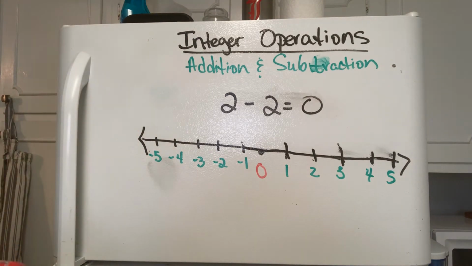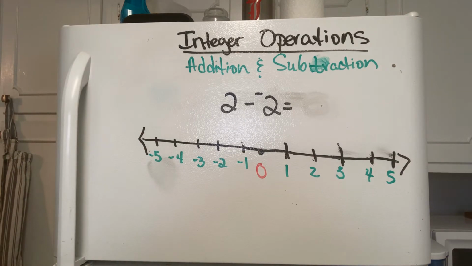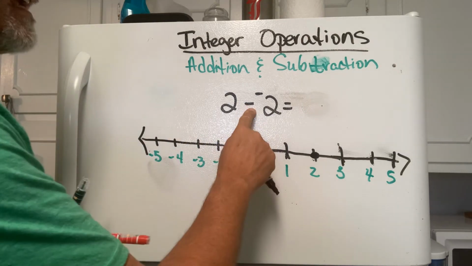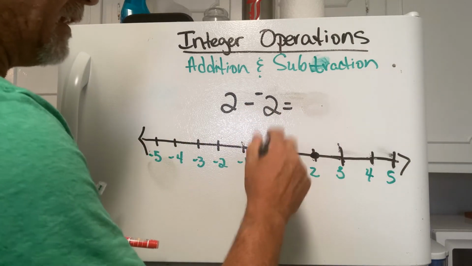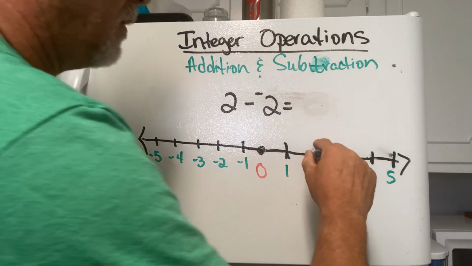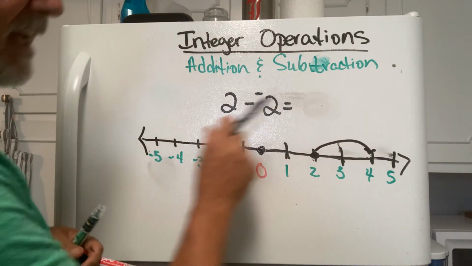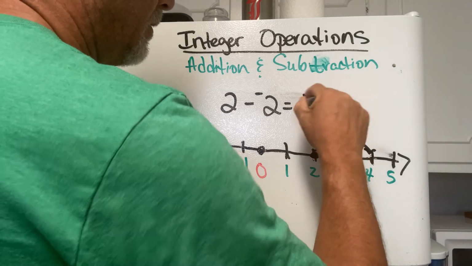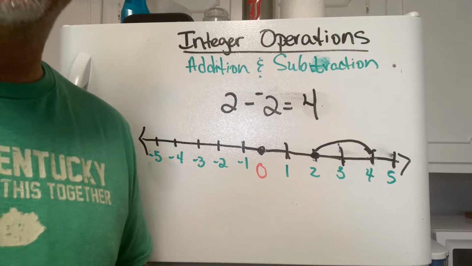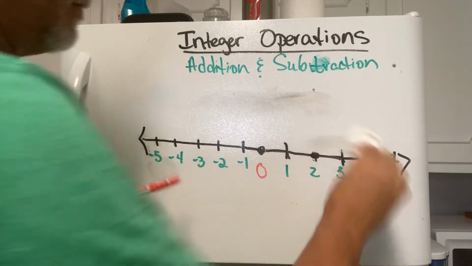Now I'm going to change things up. I'm going to say 2 take away a negative 2. So I'm starting in the same place, at a positive 2. I'm taking away, which means I would be going to the left, but because I'm taking away a negative, I have to change my direction. So that means I go to the right because I'm taking away, but because it's a negative, it makes me go in the other direction. 2 take away a negative 2 gives me 4. Now, this can be kind of confusing, working with the negatives and where we start. I'm going to do